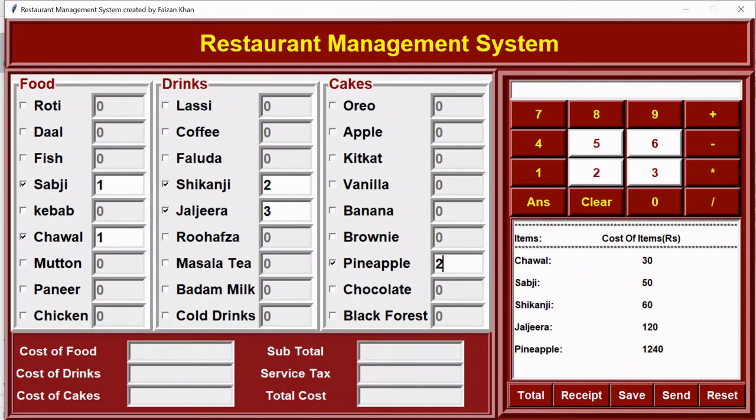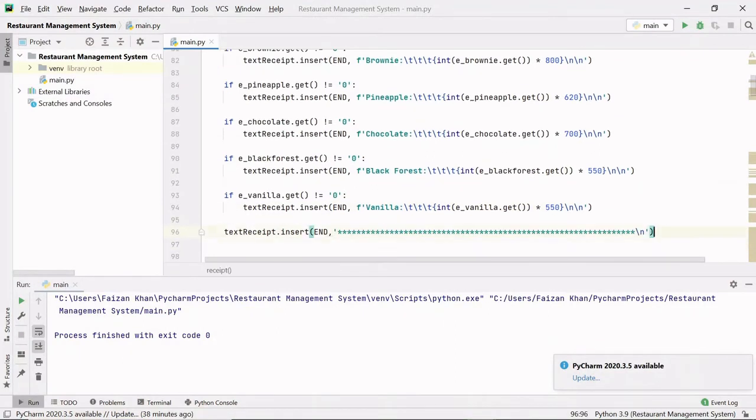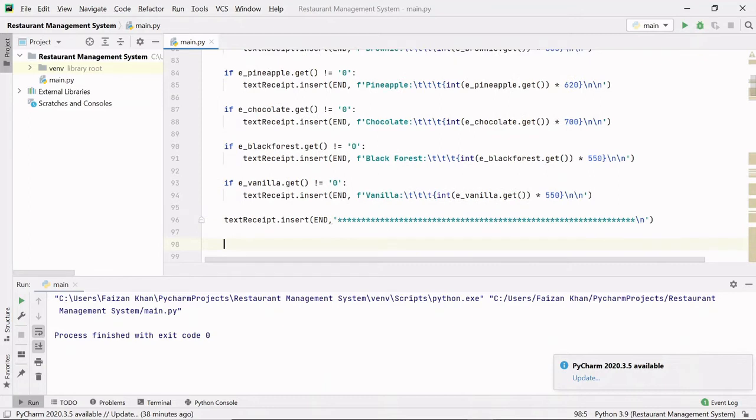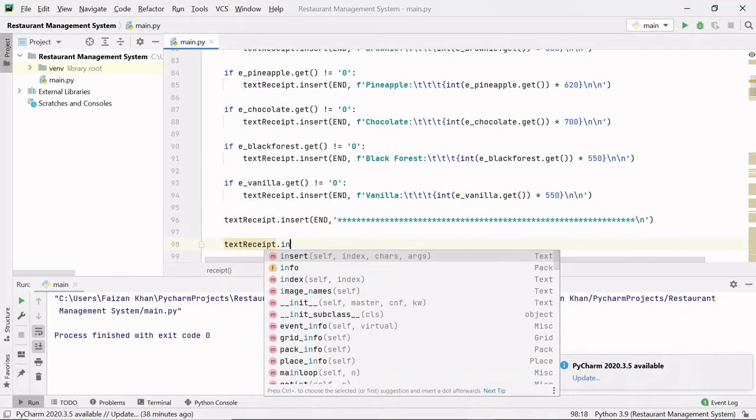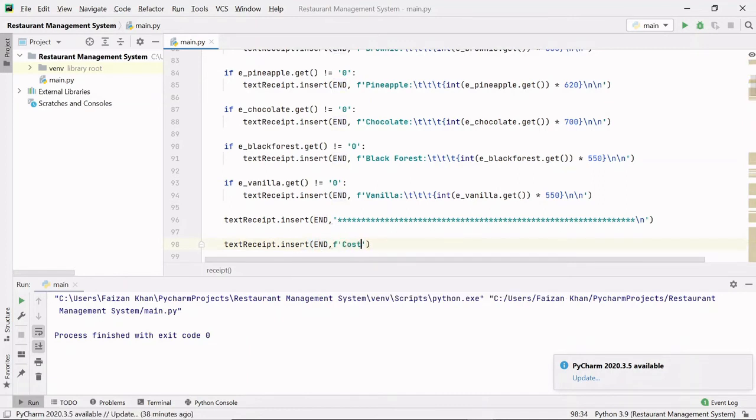And then after these items I will add the star line again, and then I will add cost of food, cost of drinks, cost of cakes, then subtotal, service tax and the total cost. So here I am going to paste the star line. Then we have to insert cost of food. So here I will write text receipt dot insert method, and at the end I will insert cost of food string, then backslash t backslash t backslash t for some spaces, and then inside this curly braces we will be